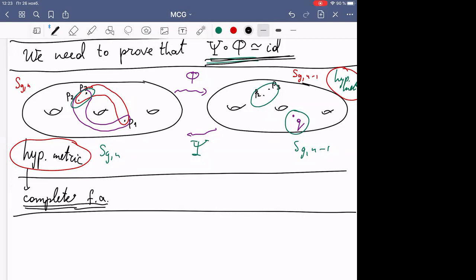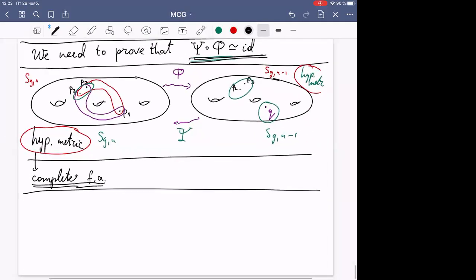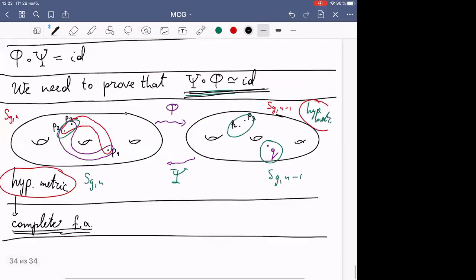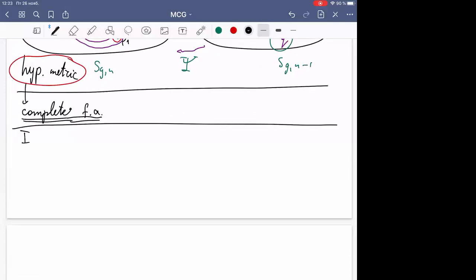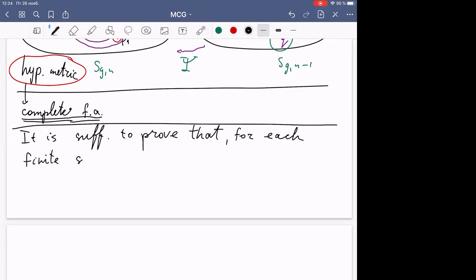So it is sufficient to prove the following: for each finite subcomplex K of this complex, of this complex with hat,